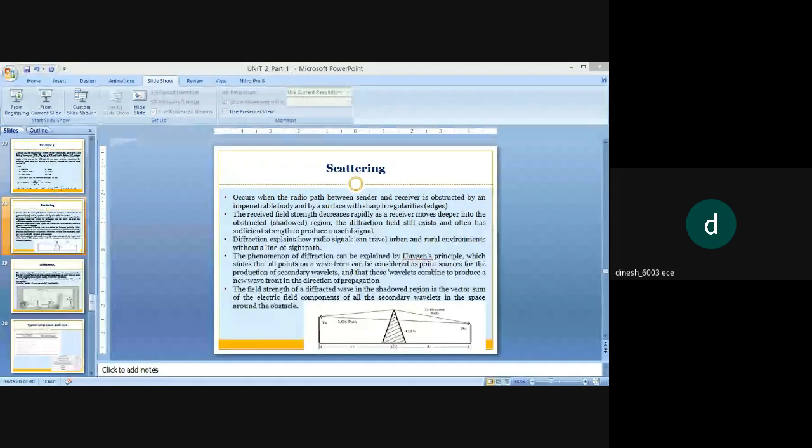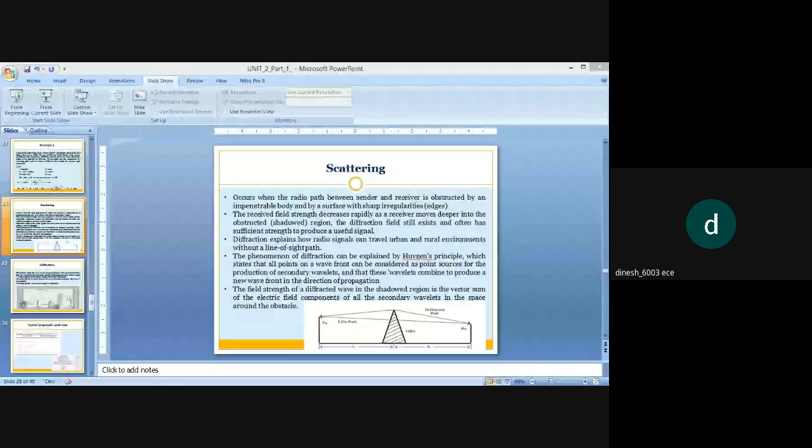If a wave falls on foliage, it will scatter in this manner. So this is an example of scattering. This is an example of reflection. And this is an example of diffraction. And after undergoing all this process,